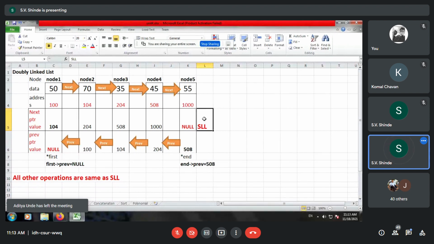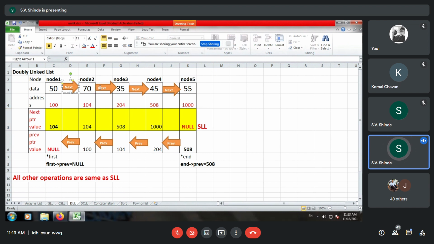You can observe that this highlighted part, which is moving to the right side using the next pointers, is nothing but a singly linked list. Now, when you reach the end node, naturally end arrow next is null. So over here end arrow next is null.